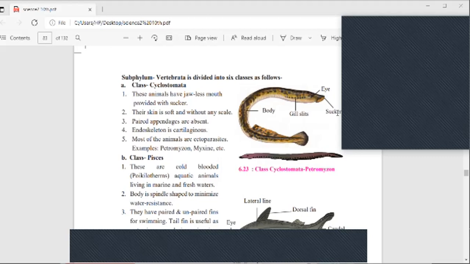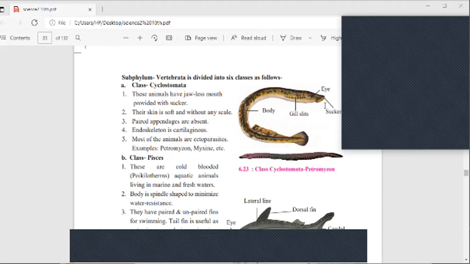In case of the phylum, which phylum does leech come under? Hello, Alicia. Leech is an animal that comes under phylum Annelida. Very good. Annulus means ring, like you can see, segments are there in their body, like earthworm, leech and Nereis. So here, leech is an example of the blood-sucking animal, an ectoparasite.